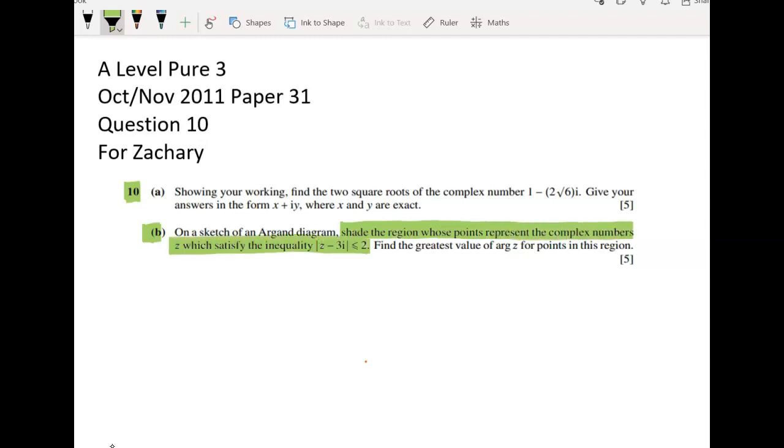So you can either work in polar form or you can work in rectangular form. I would usually do this one just in rectangular form for this example. So we're going to